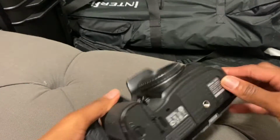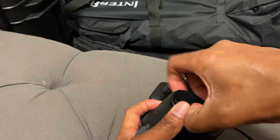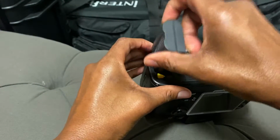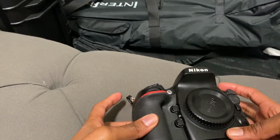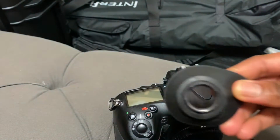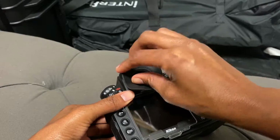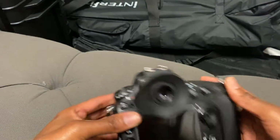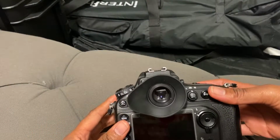What I'll do for you guys right now is to put the battery in. If I can get it open. Just get in there. I think that's the right way. There you go. Here is the viewfinder eyepiece, so I'll put that on for you. At least I think I can. So I am left eye dominant, so I want this part on the outside. We'll turn the camera on